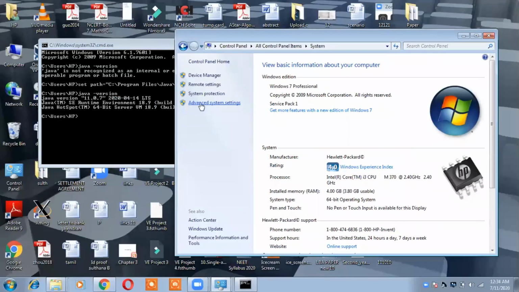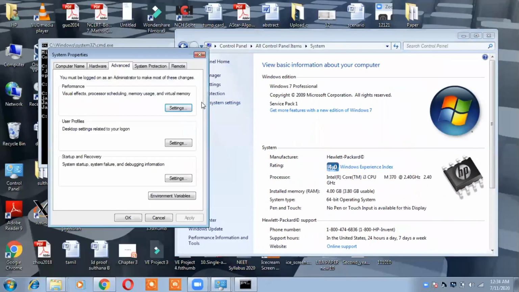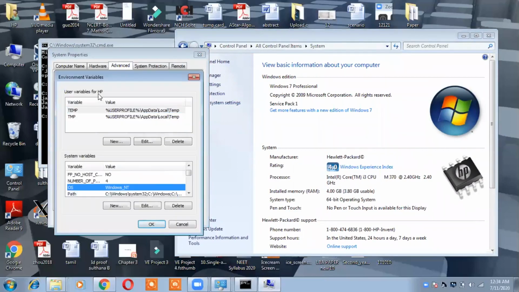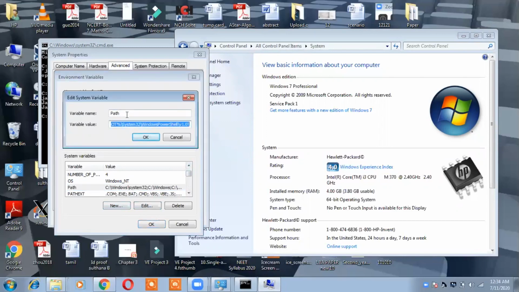In this advanced system setting, okay, and then go to this environment variable. In environment variable, we have two types of variable defined, that is user variable and another one is system variable. In system variable, you can find the variable called path. Okay, just select this edit.